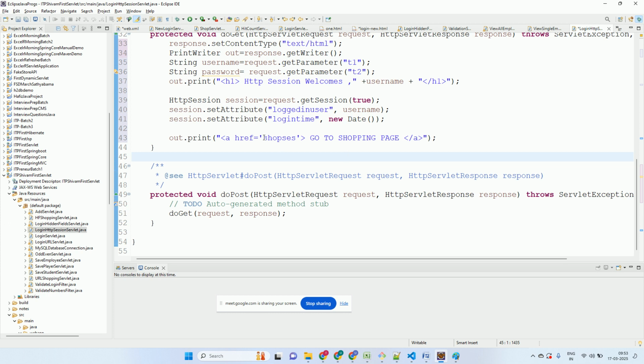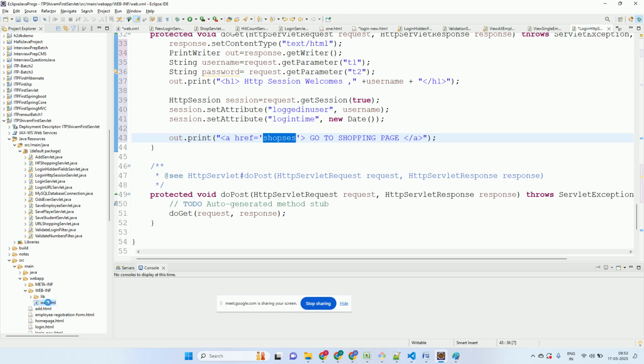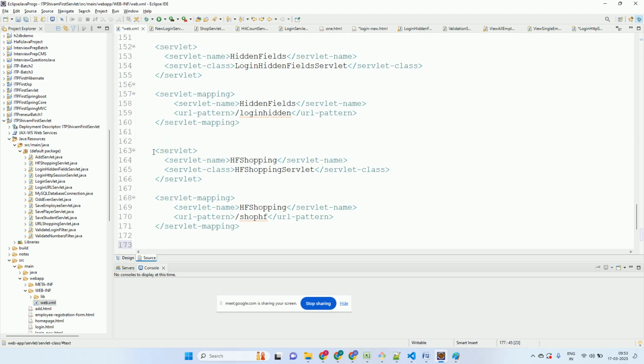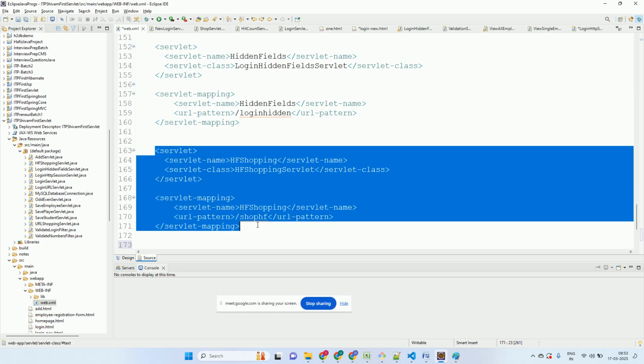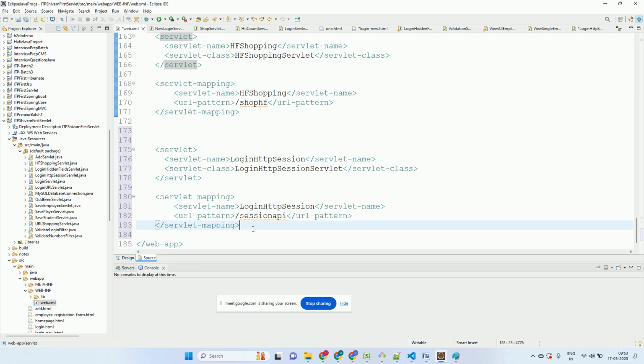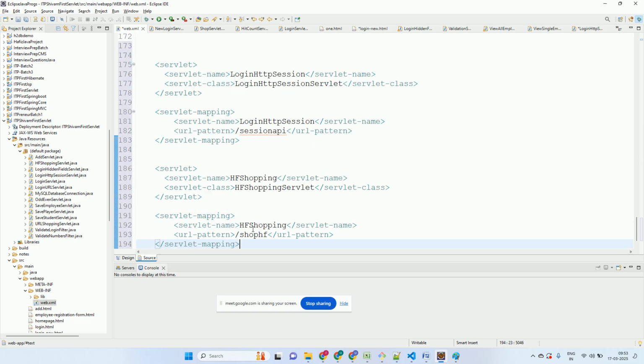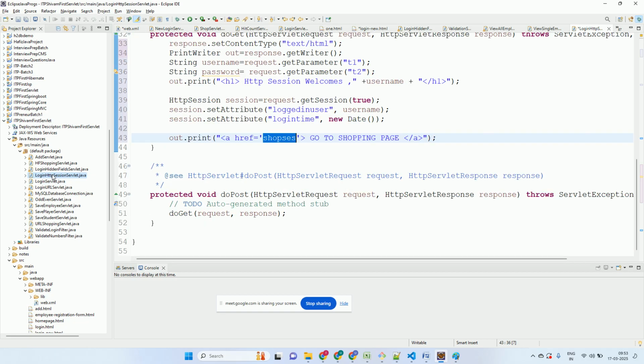Then I need this entry where? In the web XML. Yes or no? I copy this and I paste it over here. क्या नाम दिया है? शॉप. एस सिंगल का डबल? पक्का? Can I trust you all? Yes, सिंगल है, ठीक है।